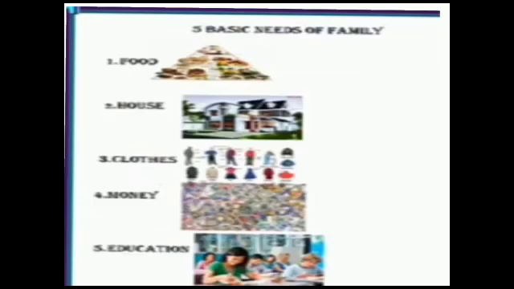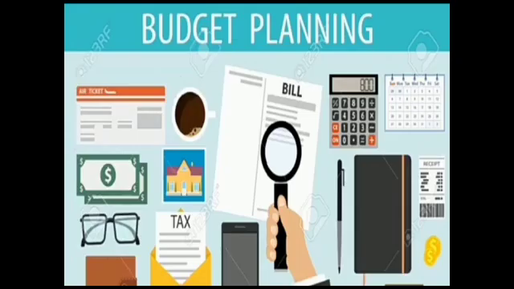The first thing is the family should fulfill the basic needs. Basic needs you have already studied in the first part. What are the basic needs the family should fulfill? First one is food, clothing and shelter. Only if it is necessary, we have to buy things. So what you have to do? You have to spend according to that. For that, planning according to the budget is very important. We have to plan and then only spend your money.